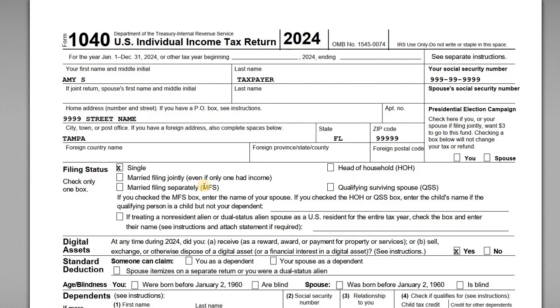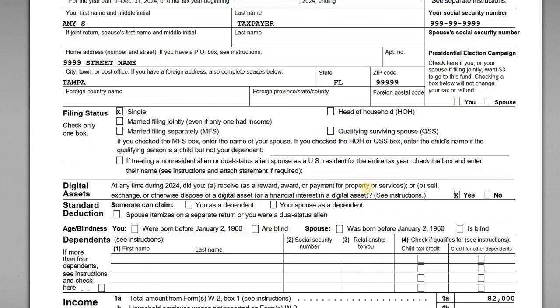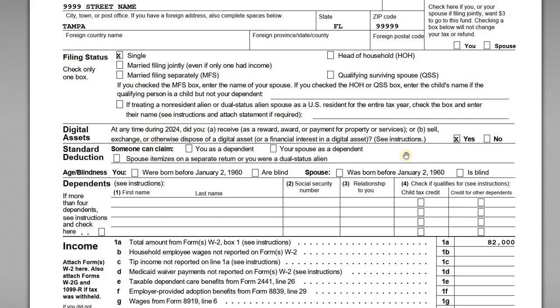All right, so if we go to the Form 1040, let's cover some of the basic, obvious stuff at the top. So we've got her name, social security number, and address. She is a single filing taxpayer for the year, so not married and not head of household because she has no children. The digital assets question, she has marked this as yes because she did trade a cryptocurrency digital asset during the year. So we've marked that yes. And we will be reporting the transaction on the Form